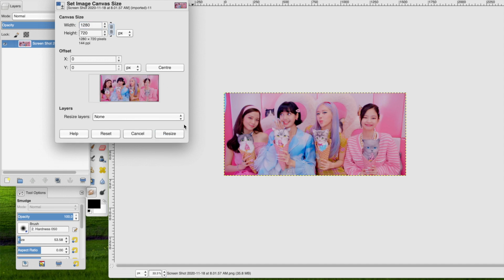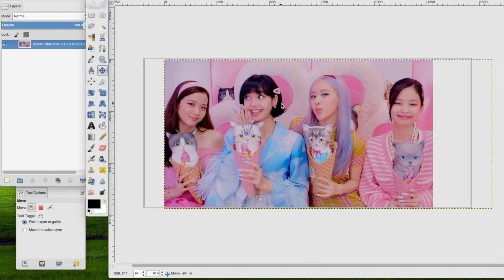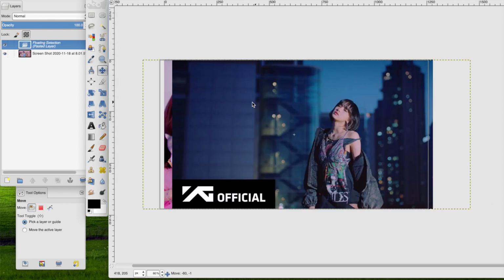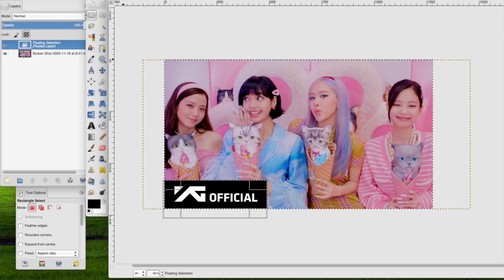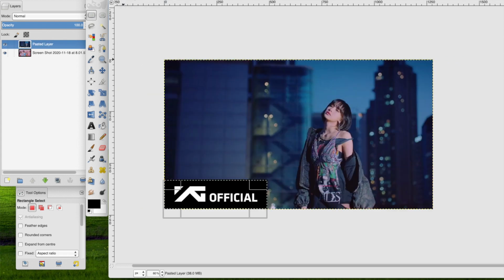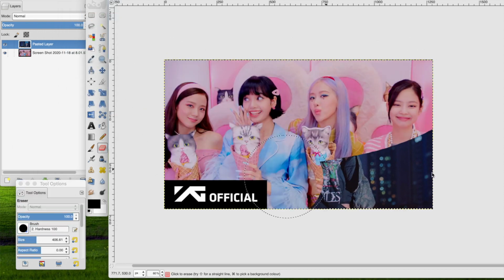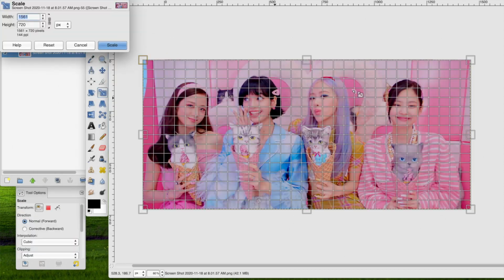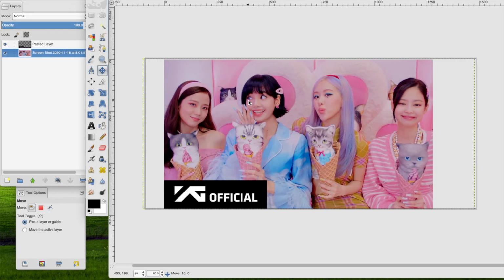So I'm going to take inspiration from the original thumbnail, but we're going to take the ice cream cats away from their faces, at least so we can see the cats and their faces all in one picture. And again, I personally think that this makes a super cute thumbnail, not too far off from the original, but we still get to see their faces and kind of understand that they're holding ice cream cones with cats in it,